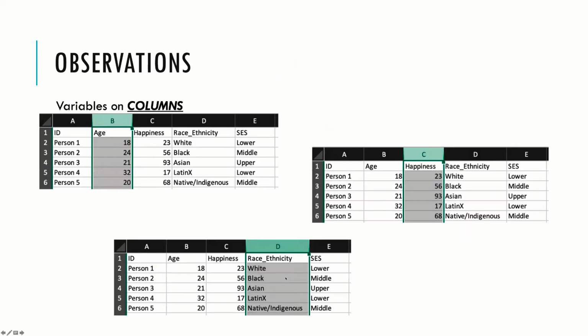Go back here. So where observations are going to be on the rows, the variables are going to be on the columns. Right? So we have an age variable, a happiness variable, a race-ethnicity variable. All of these are important for understanding whenever you finally get a data set. You can go out to one of these repositories. ICPSR has a bunch of different data sets. You'll collect it, you can open it up and figure out, okay, this is measured at the individual level, and here are the variables on the columns. How many variables exist? This is also important when you're dealing with data sets in R. We'll open up a data set and it'll tell you this many observations with this many variables, outlining it that same way.